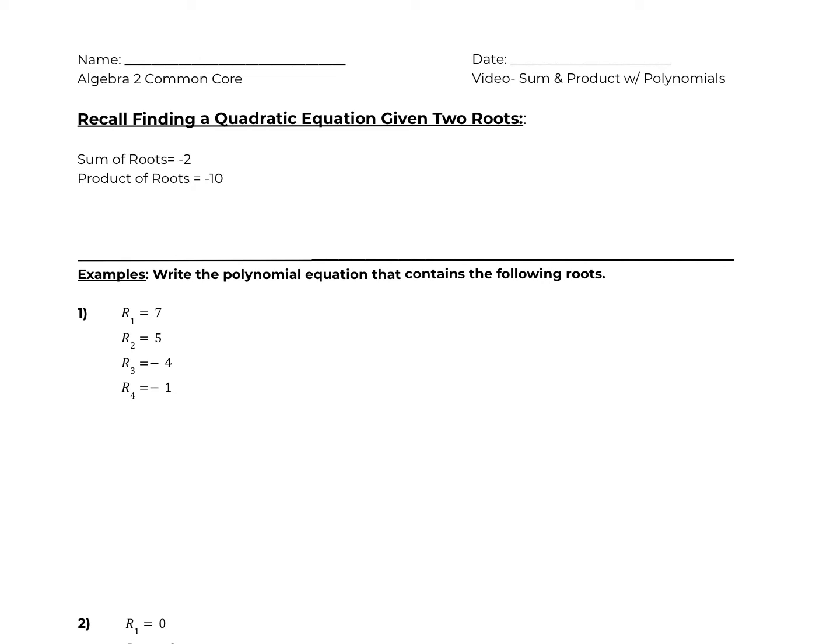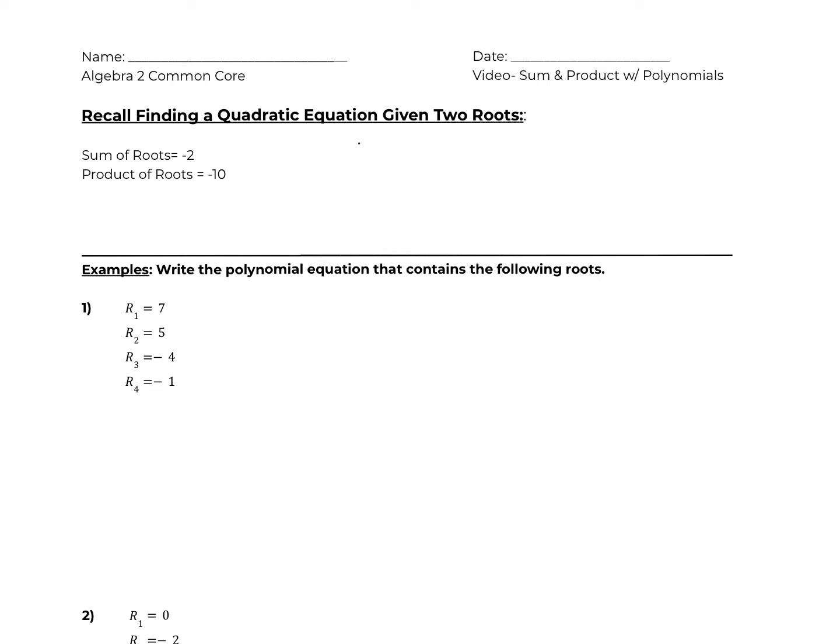Hi everyone. In today's lesson, we're going to talk about how to find the sum and product of roots to create a polynomial equation. So before we can talk about making a polynomial, we have to recall finding a quadratic equation given two roots. So remember it had something to do with finding the sum of the roots and the product of the roots? Well, the formula is x squared minus the sum x plus the product